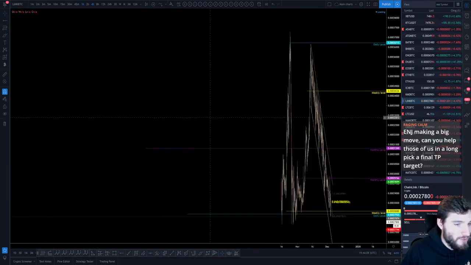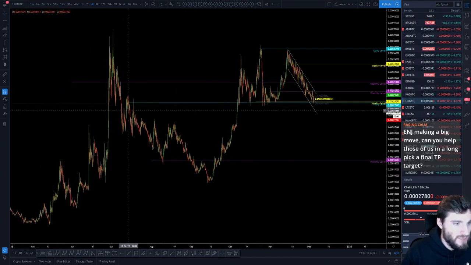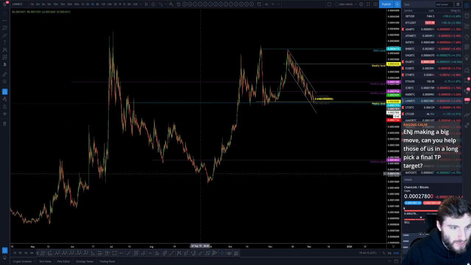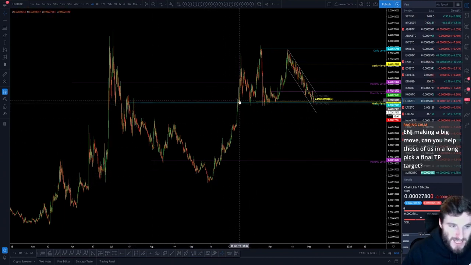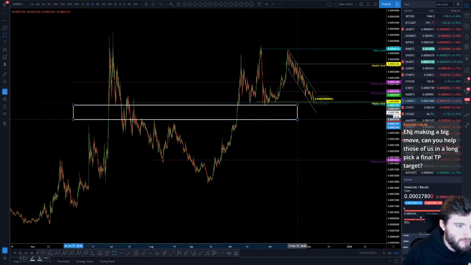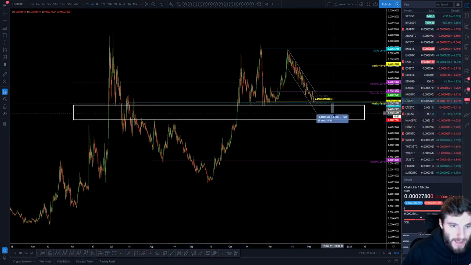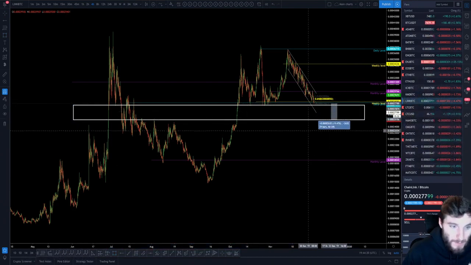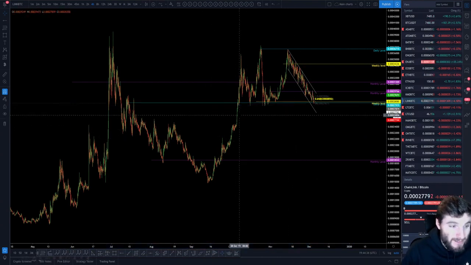I'll quickly mention this on Link, that it doesn't have too much support in this whole region. You see it very quickly goes through the level, especially on the rise here. The rise was insanely quick, so there is not much support that's really created in this section. From where we are now, it's about a move of coming on 10%, and there's not strong support in that 10% area.